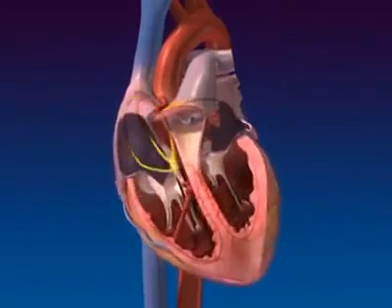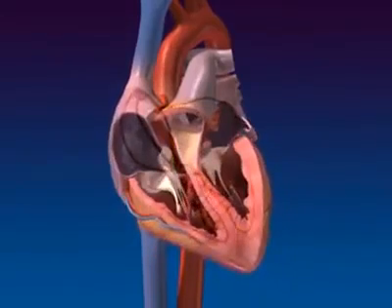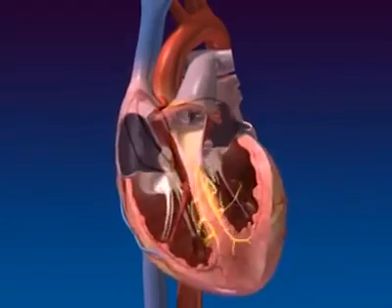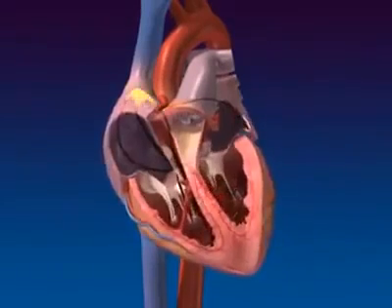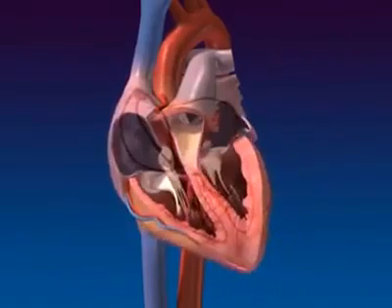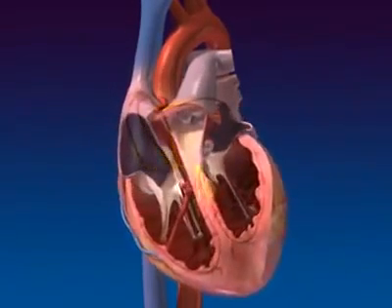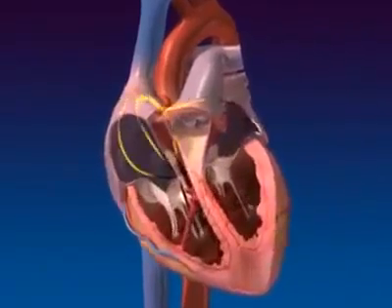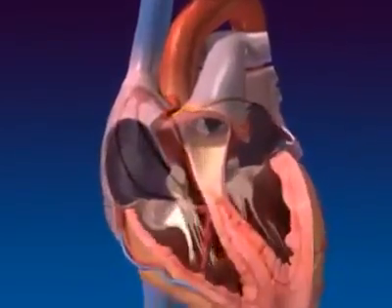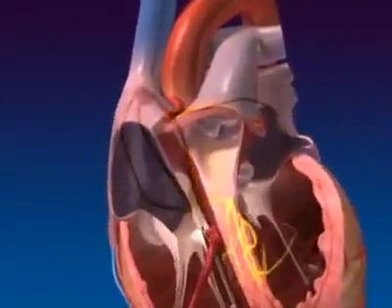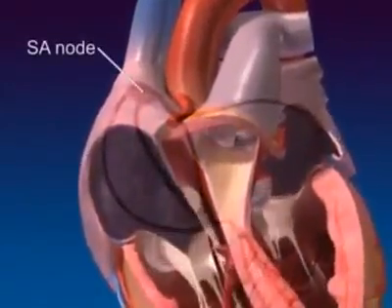efficient cardiac function. The timing of atrial and ventricular contractions relies on two primary cell types: cardiac myocytes, which do the mechanical pumping, and autorhythmic cells, which initiate and conduct electrical impulses that drive contractile activity. Autorhythmic cells cyclically depolarize on their own, then fire an action potential each time they reach threshold, a process known as pacemaker activity. This activity originates from primary pacemaker cells in the sinoatrial or SA node in the upper right